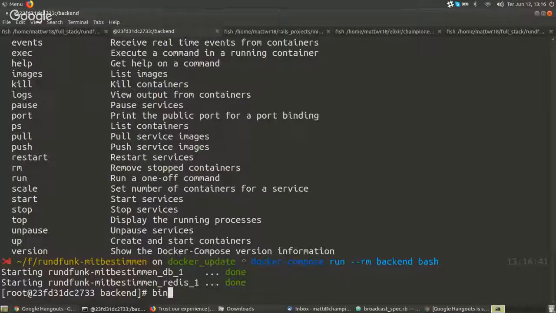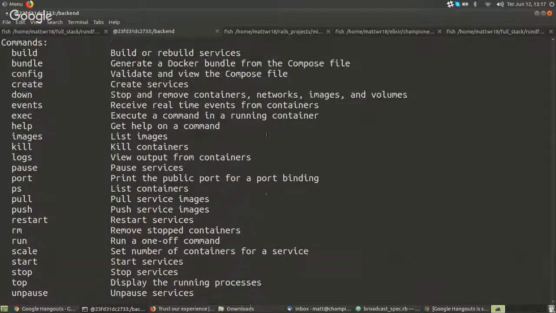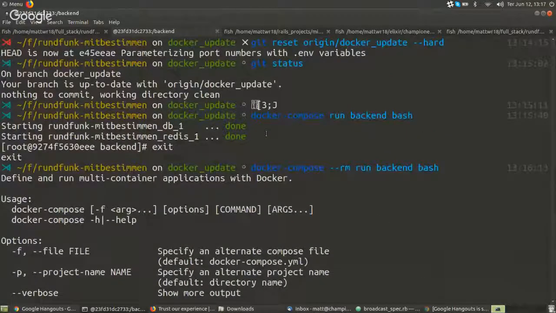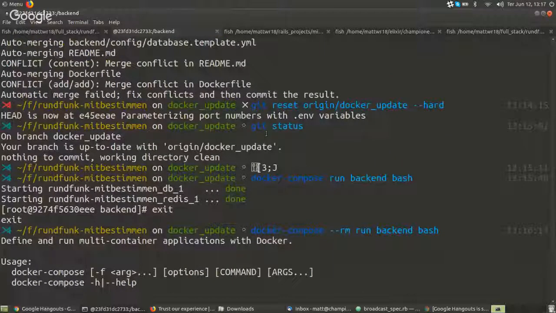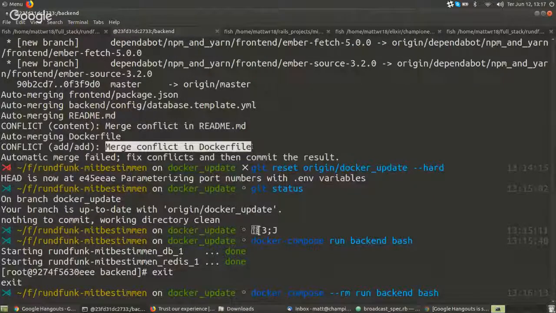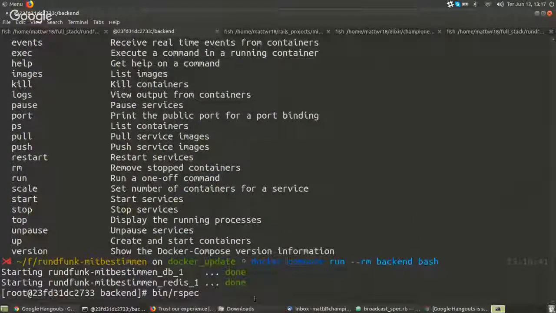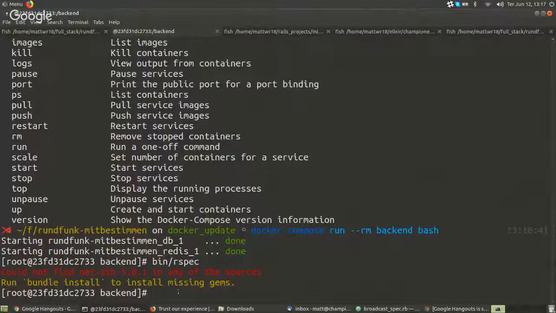But then it doesn't make a difference that I ran Docker Compose up, while there weren't any changes in the master. I mean, yeah, the master branch didn't have any changes related to the Docker update branch. Of course, if you would have any changes in the Docker Compose YAML files, that would affect your current setup. You would have to say docker-compose up --build again. But since we know that there are no changes related to Docker, we can just say, yeah, of course,